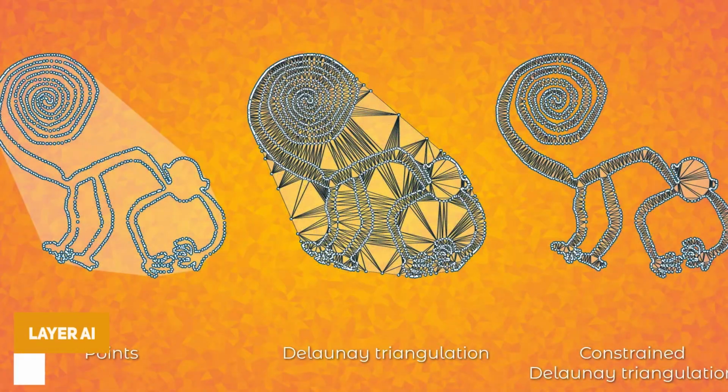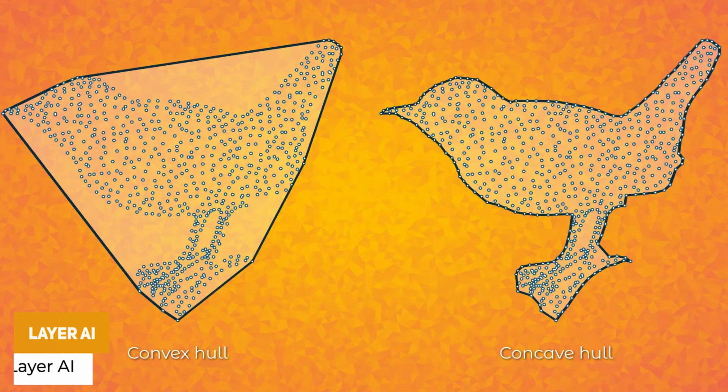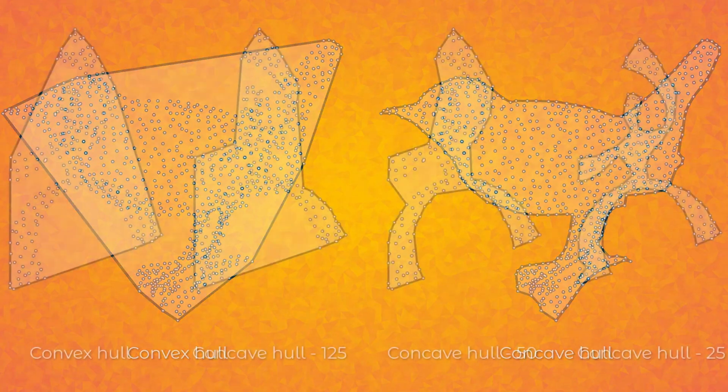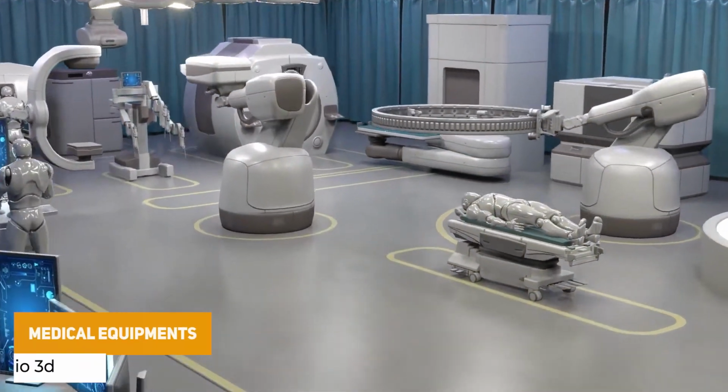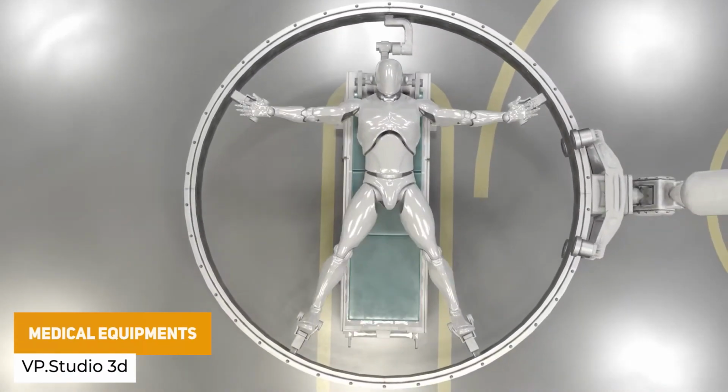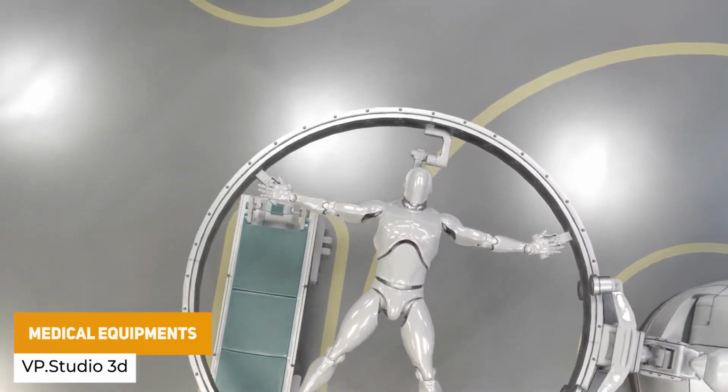The next one is something called Geometry Algorithms. It's a series of algorithms that help you generate and improve complex geometry from any dataset, whether you need that for 2D, 2.5D, for example, terrains and other datasets, and you'll be able to create custom shapes with both convex and concave hulls. The next one is something called Medical Equipments, and it's a package of 44 unique meshes, all